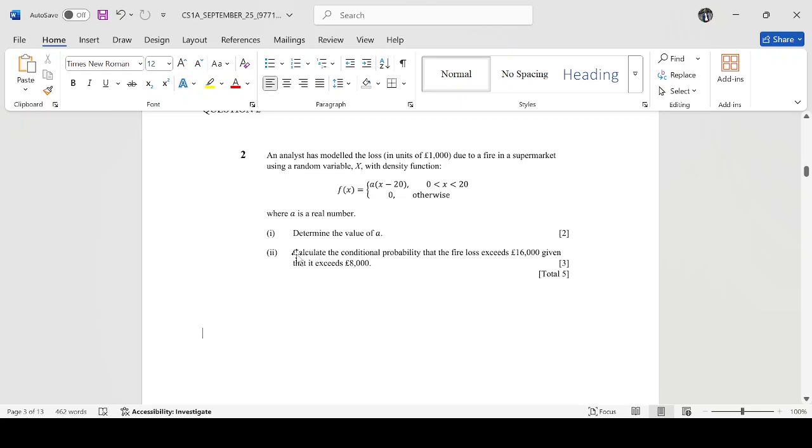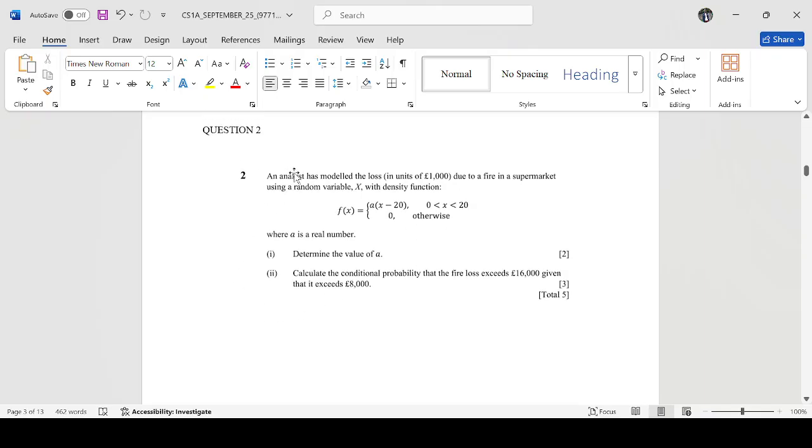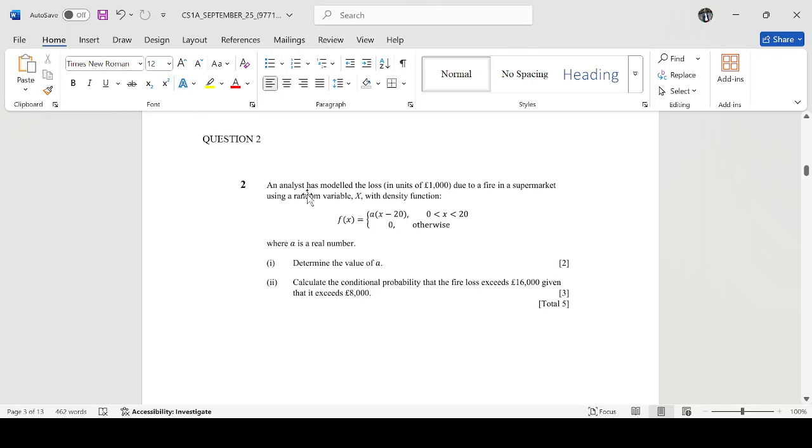Hello guys, so on our series of statistics, today I wanted us to tackle a bit of conditional probabilities, where you're given some probability density function, then you're told to get the conditional probabilities and so on. So we have a question here that says an analyst has